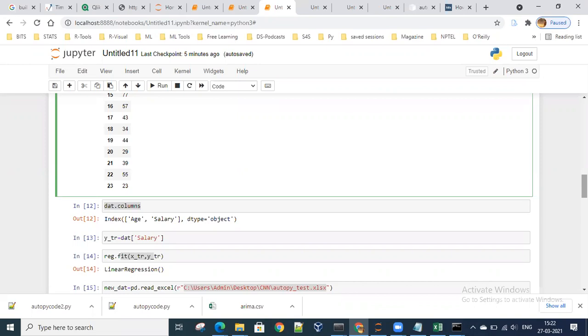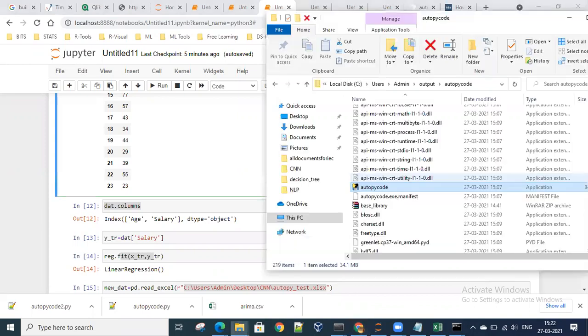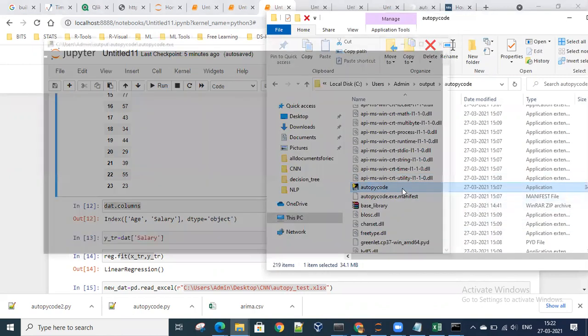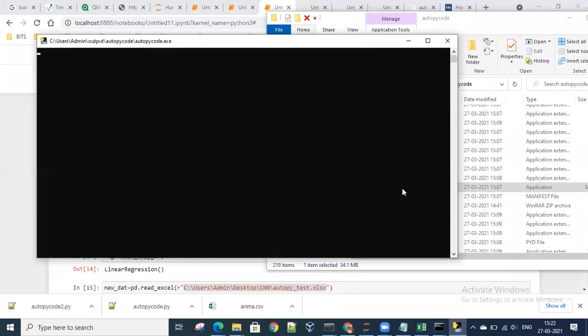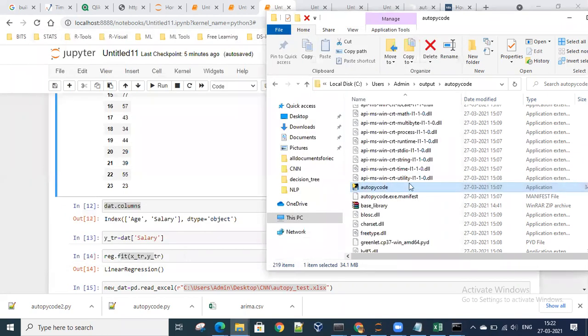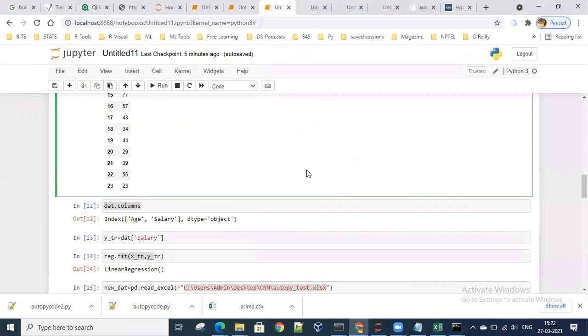Now whenever the user clicks on this executable file, this will ideally perform on your personal systems. But within your organization, you need to take some permission where you need to remove some rights and all the things which you need to do for this. I don't know why it is not working, maybe because of some restriction, but ideally it should work in your systems. So how are we going to give the input to the executable file for the model to predict?